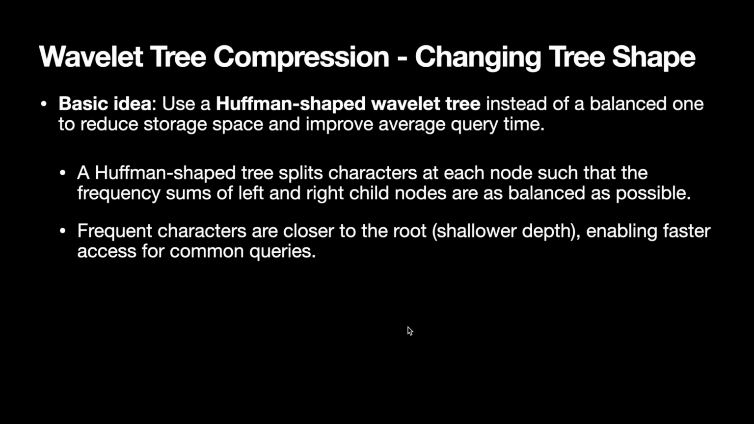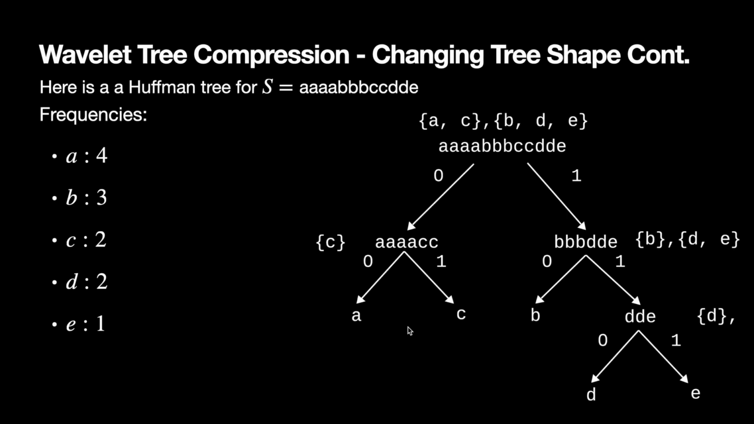So more frequent characters in this construction should be closer to the root, at shallower depth, which is going to enable faster access for common queries because we don't have to go through so many levels of the tree. As an easy example, we can consider a string like AAAABBBCCDDE. In terms of frequencies, there are 4 A's, 3 B's, 2 C's, 2 D's,